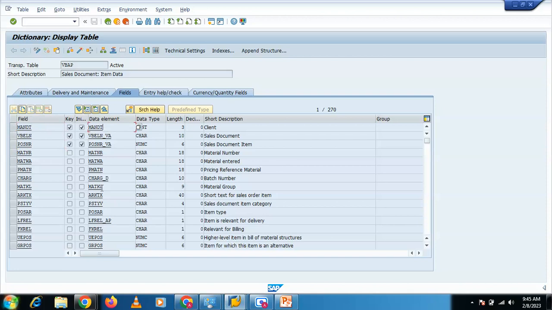For this particular session, we are using the development server, so our client will be 800. The number of servers is decided by the Basis guy. Basis is like the system administrator for SAP. So whenever we have completed it, the object will be moved from one server to another, from development to testing server. Then the client number will be changed. And again, whenever we have completed the testing and it is successfully tested,